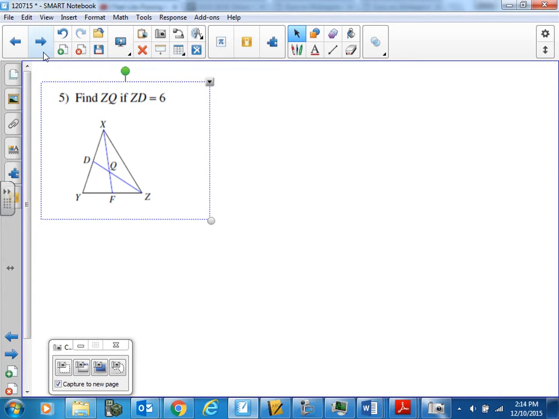All right, now I'm going to skip down to number 5. So now it's important to identify what you're looking for. You're asked to find ZQ, and ZQ would be this one I'm marking in red, if ZD is equal to 6. So they're telling you that ZD, the segment from Z to D, is 6. So this entire thing is 6. And we know we're looking for ZQ. Well, if the entire thing is 6, we know that DQ